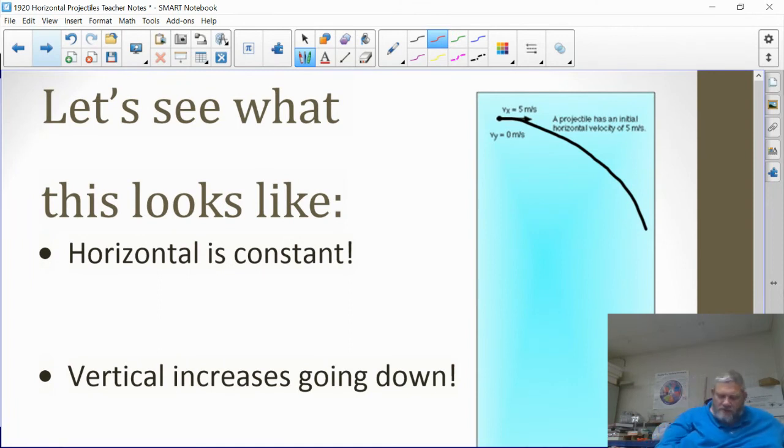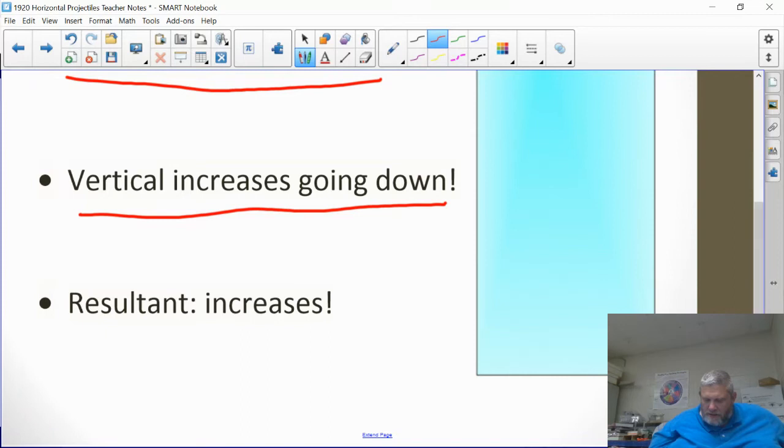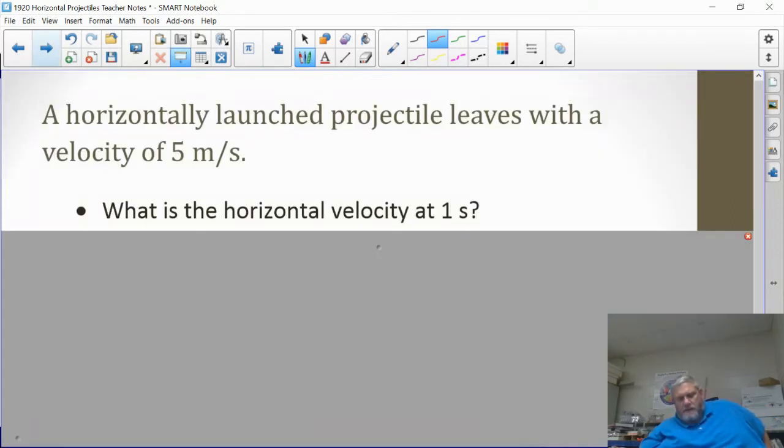So let's see how this works. The horizontal motion is constant. The vertical velocity increases as it goes downwards. Right? So initially my velocity in the X direction is 5, like it shows here, and my initial Y velocity is 0. But as it continues, it starts moving faster and faster in the Y direction and just moves the same in the X. So the resultant vector is going to increase, which means it speeds up. All right, so